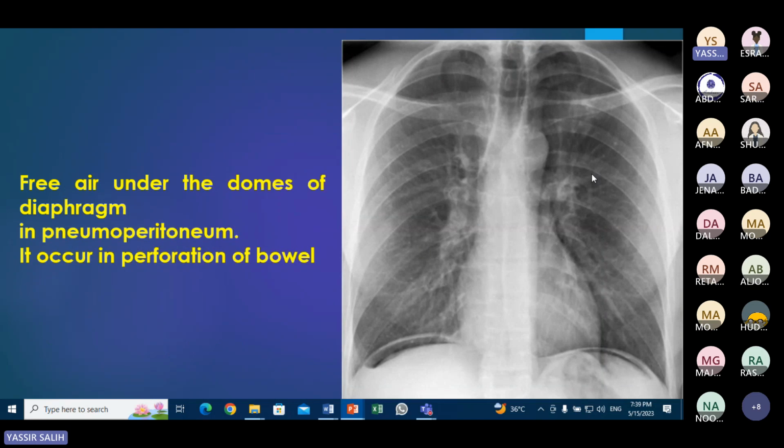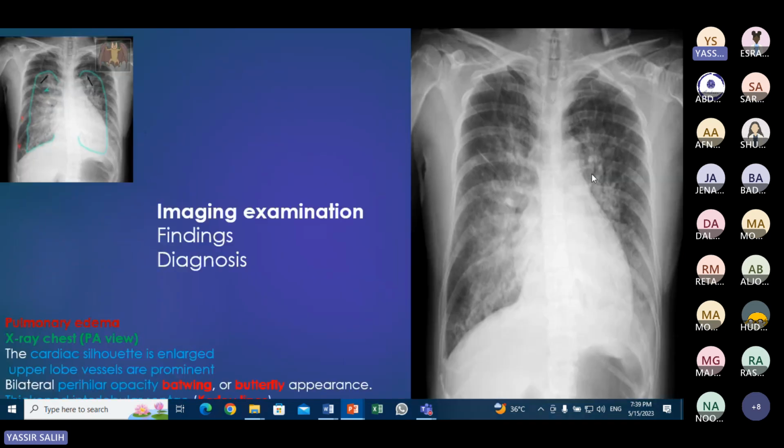Here there is central perihilar opacity with a shape resembling a butterfly or bat wing. So we identified increased cardiac shadow with opacity of characteristic butterfly or bat wing shape, and also there is